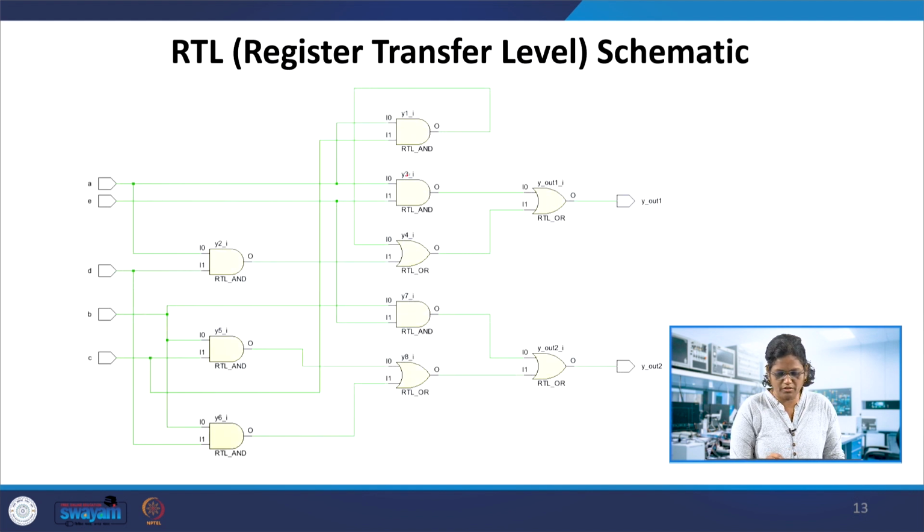And y1 takes the input from A, and this is from C. So the code is just translated into register transfer level. It uses 1, 2, 3, 4, 5, 6 AND gates as prescribed in the code, and there are 4 OR gates, each in one set of instantiation.